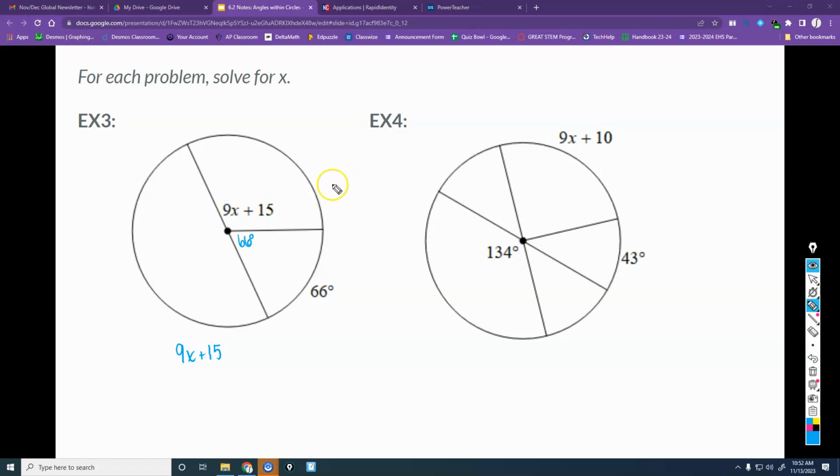Okay, that's one way we could do it. We could do 180 minus 66, and that is going to give us 114. So that has to be this arc, so this would have to be equal to 114, and then you'd solve that there. The way I was thinking of doing it was saying 9x plus 15 plus 66 equals 180, which will do the same thing there. It'll get you the same answer, but this works perfectly as well. All right, let's look over here at 4. All right, you would finish solving that, but I'm just trying to rush through so we don't run out of time. All right, for 4,